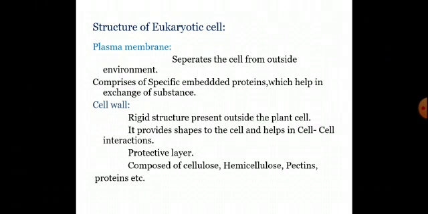First the cell wall is present and then the plasma membrane. The cell wall mainly gives shape and protection to the cell, and it is involved in cell to cell communication. Cell to cell communication means some receptors are present on the surface of the cell. The cell communicates with another cell by means of that receptor. So the cell wall plays a major role in cell to cell communication, like hormonal signaling and drug receptor interactions.